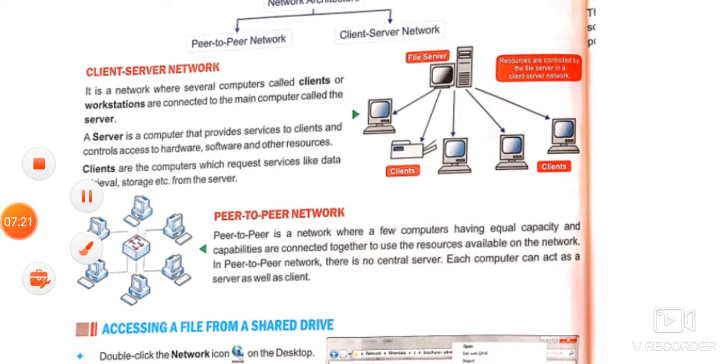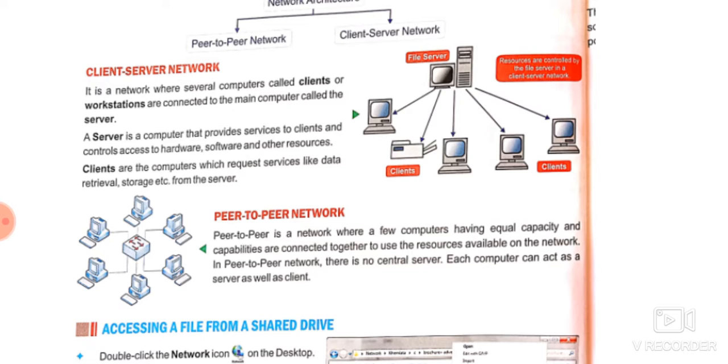See, in a client server network, many systems are connected to each other. Some peripheral devices may also be there. But in this type of network, one system will be made the server. So understand what is the meaning of server. A server is the most powerful system among all the systems connected in a network. It has some extra powers and some extra advantages, and it will control other systems connected in